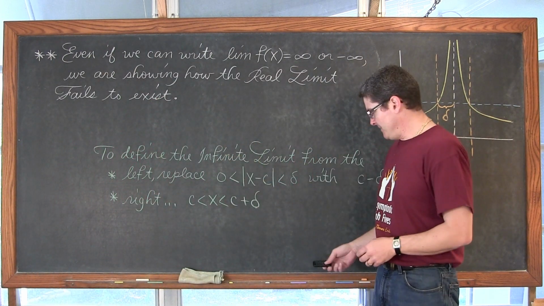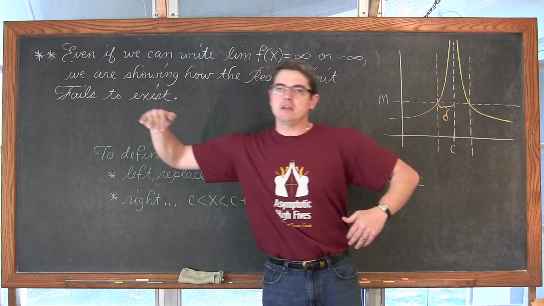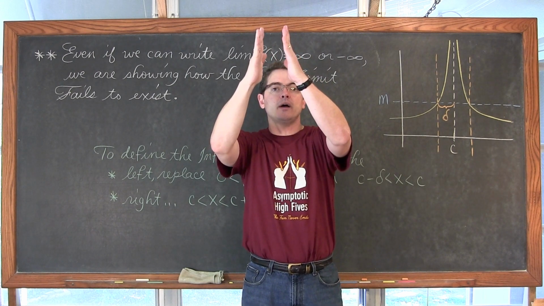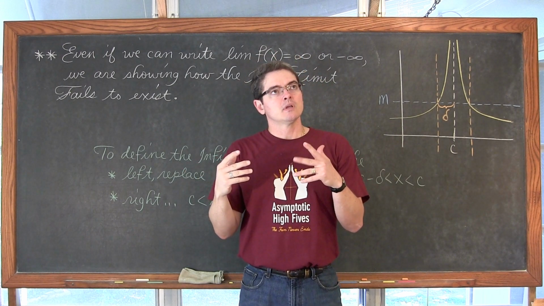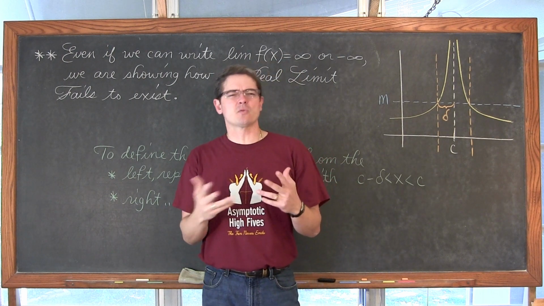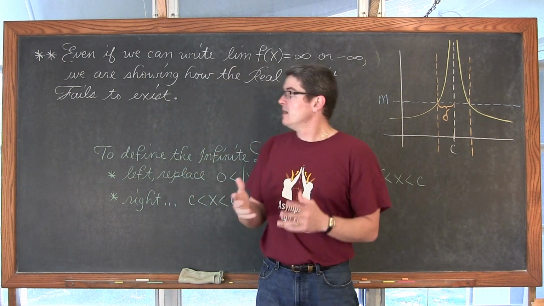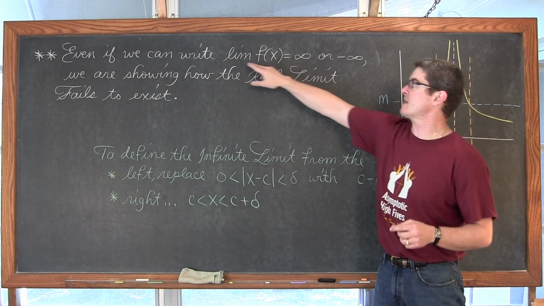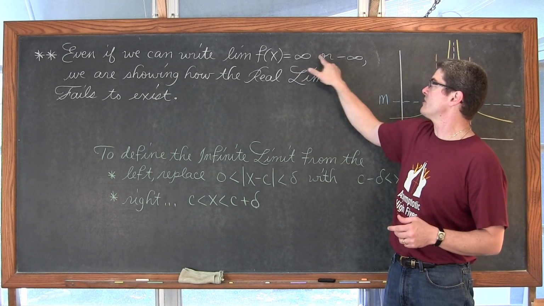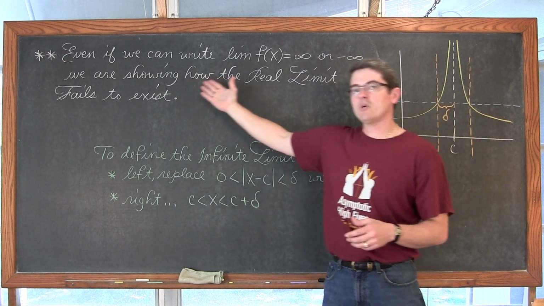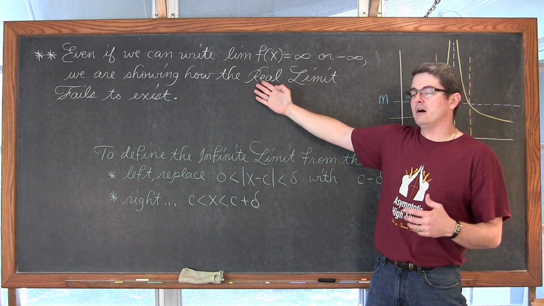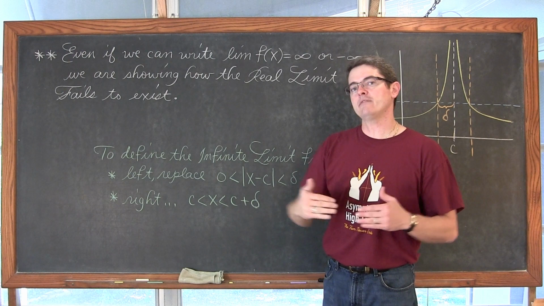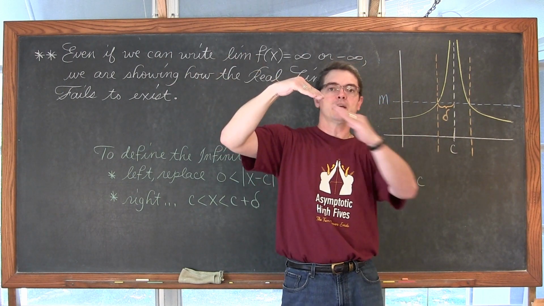We will be able to say, just like before, if the limit approaching from the left is the same as the limit approaching from the right, well, kind of, we let the limit sort of exist, but we're not really. Actually, we're saying that sometimes the limit of f of x as x approaches c is either positive or negative infinity, but what we're actually showing is that the real limit fails to exist. A real limit, again, is a real y value that the graph is approaching from both the left and the right.